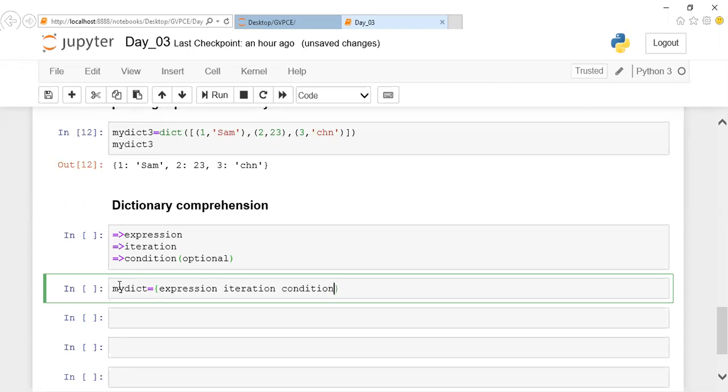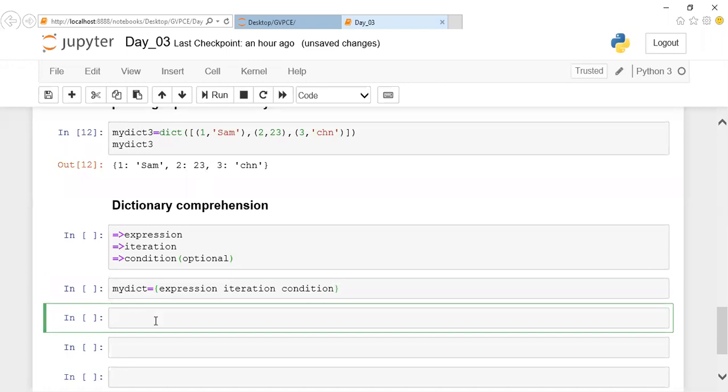Now let us take a scenario where you want to create a dictionary. We are seeing creation of a dictionary, so here we are going to create one in a comprehensive way. Let us assume I want to create a dictionary like this: 0:0, 1:1, 2:4, followed by squares, 3:9 and 4:16.